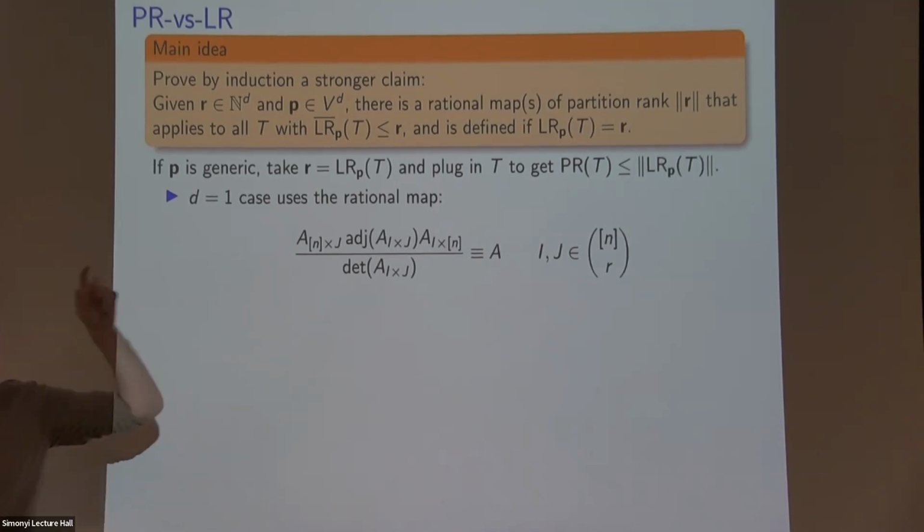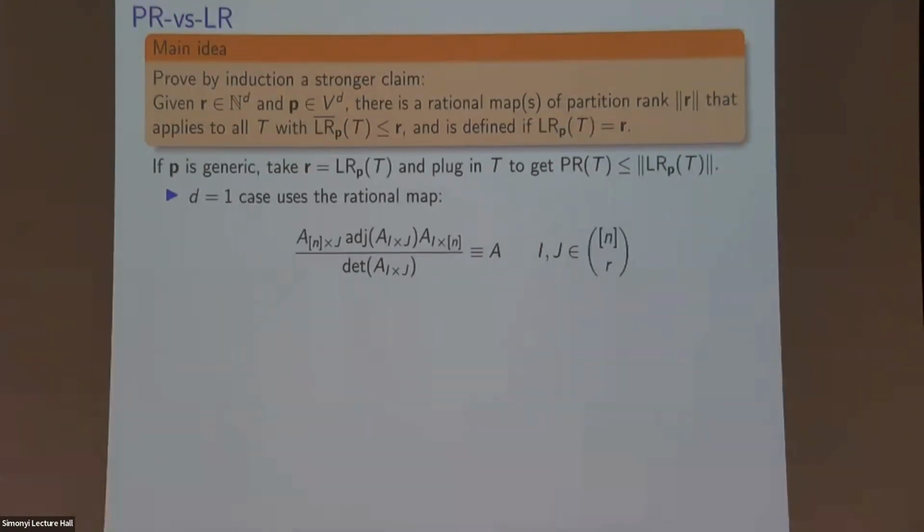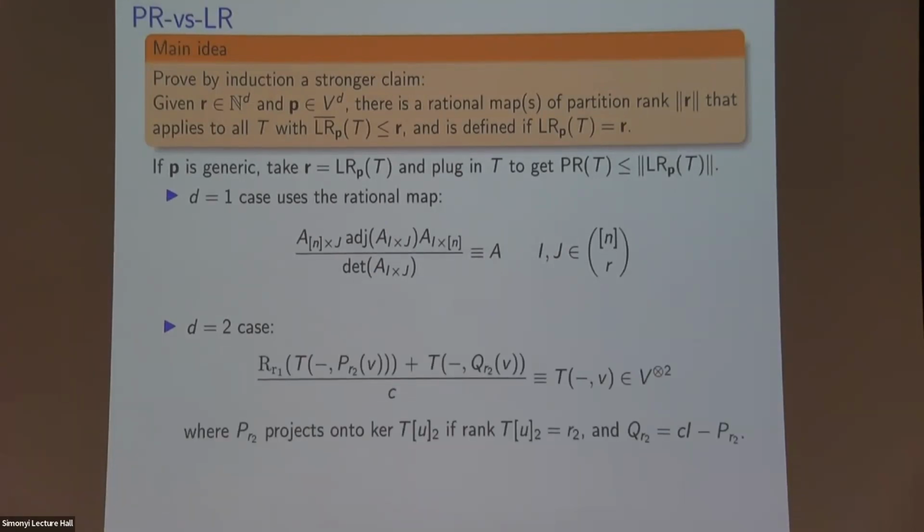So where the determinant of the R by R minor is non-zero. Okay, what do we do about the next case, the induction step, to prove this by induction? So the formula kind of looks like that. It's a bit opaque, so maybe that's too much to talk about here, but very, very intuitively, what I do